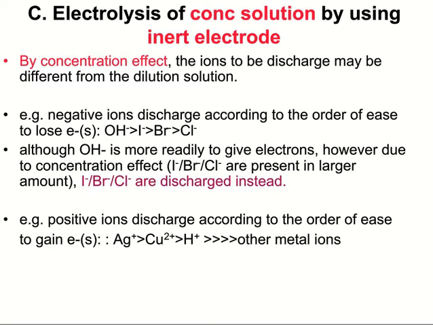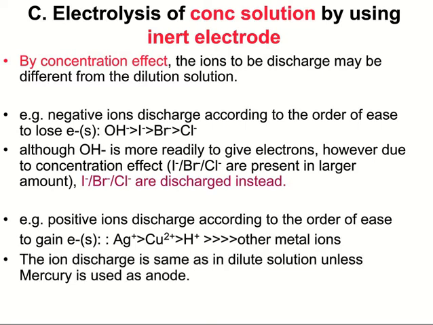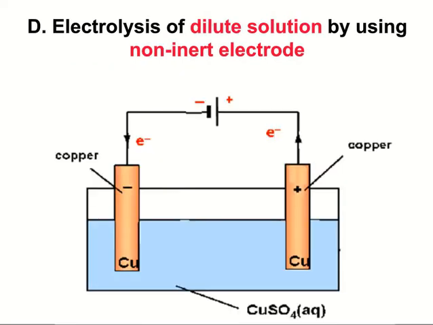Positive ions discharge according to the order of ease of gain of electrons, that is according to this: silver, copper, H+, this is the order. Ion discharge is same as the dilute solution unless mercury is used as anode. See here,